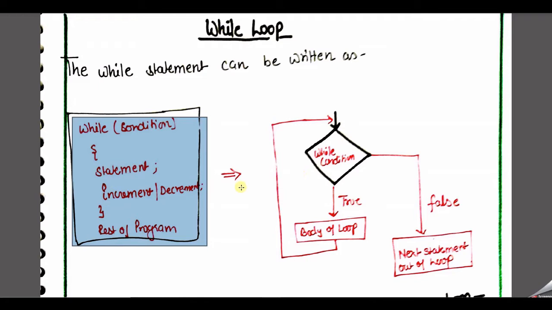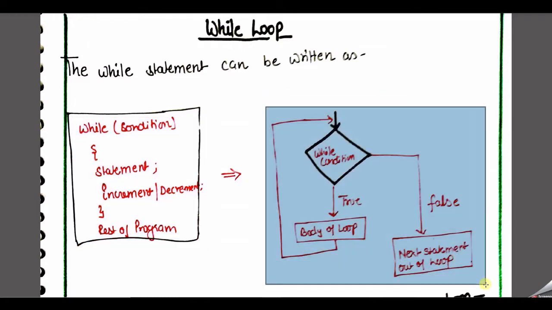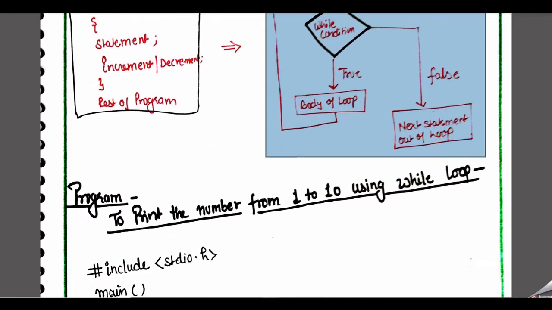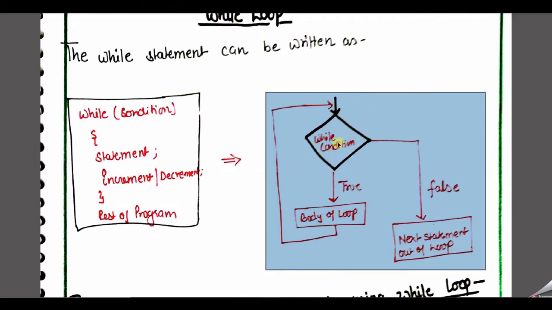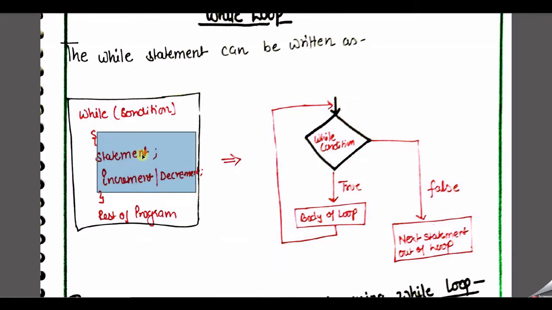So we can see the flow chart of this syntax, and we can easily understand exactly what the while loop wants to say to us. In this case, first of all we need to check our while condition, and if the value of the condition is true, then go through the body of the loop. Body of the loop means what? This area. That means execute your statement the first time, then increment or decrement your value, and after that again go